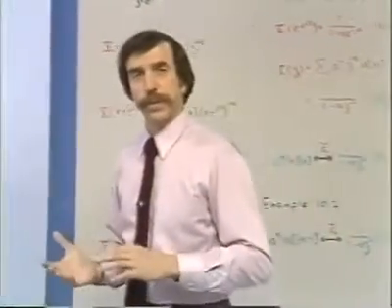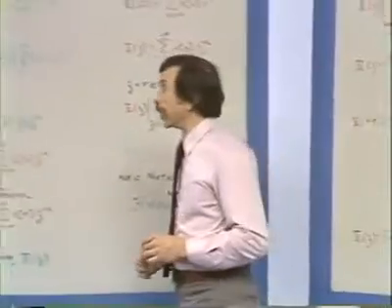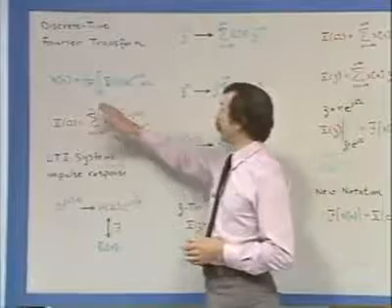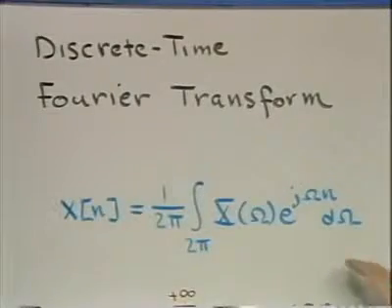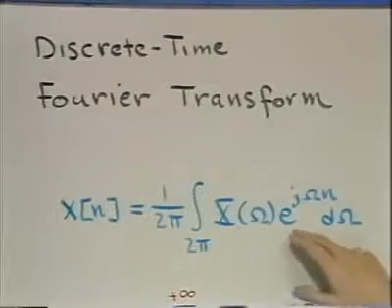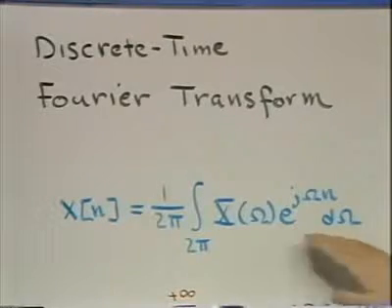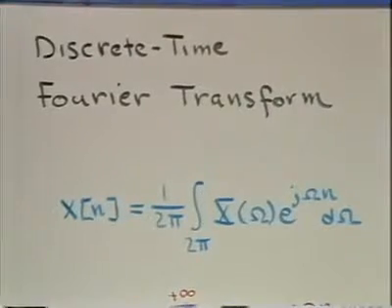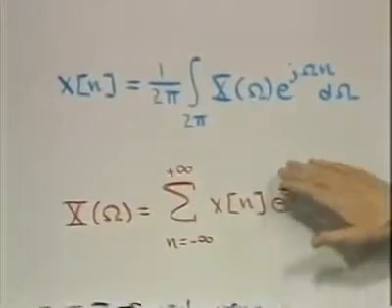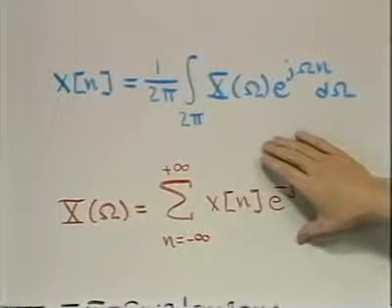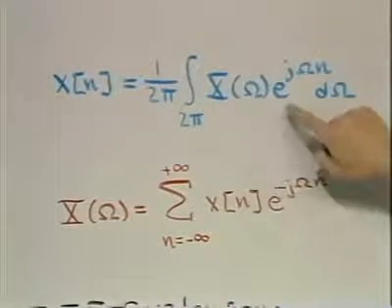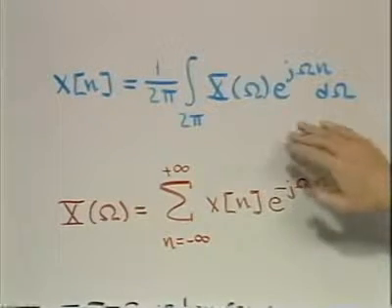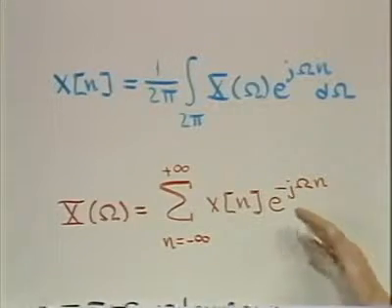Now, just as in continuous time, in discrete time, the Fourier transform corresponded to a representation of a sequence as a linear combination of complex exponentials. And so this was the synthesis equation, and of course there is the corresponding analysis equation. And as you recall, and as is the same for continuous time, the reason that we picked complex exponentials was because of the fact that they are eigenfunctions of linear time invariant systems.